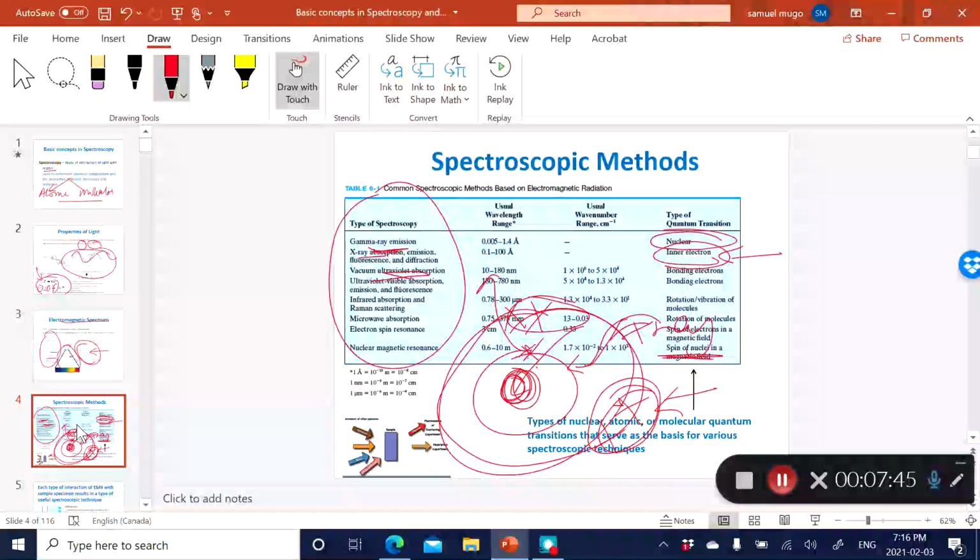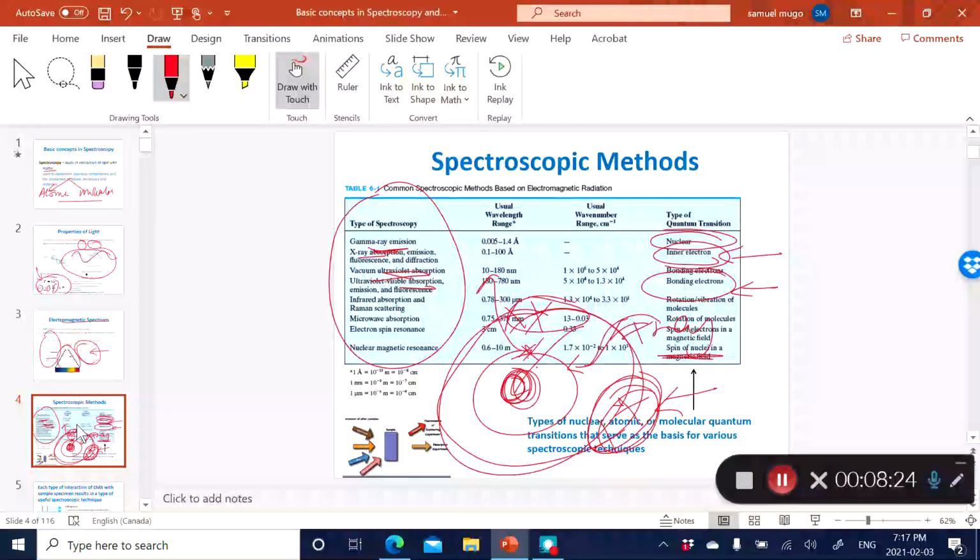Similar to visible radiation, you cause the perturbation of the outermost electrons. Now, when you're dealing with infrared spectroscopy, or IR, it's not energetic enough to cause excitation of the outermost electrons, but instead it causes vibration of the bonding electrons. And as such, it is a fairly good technique for molecular spectroscopy, because you are perturbing the bonding electrons due to